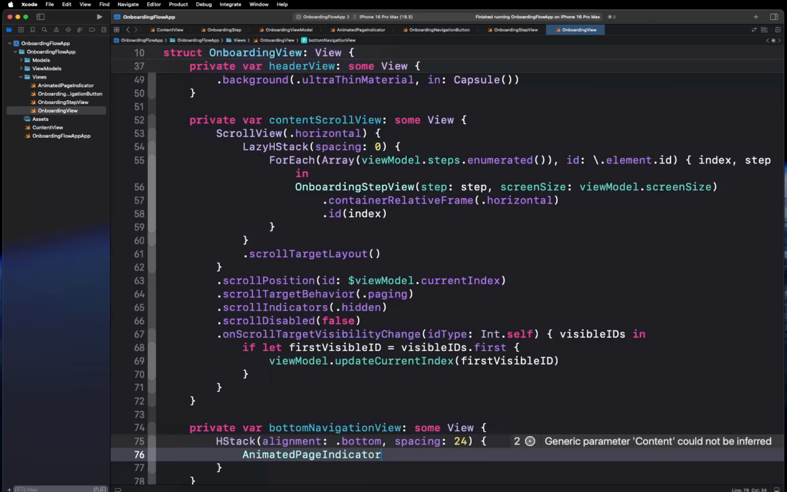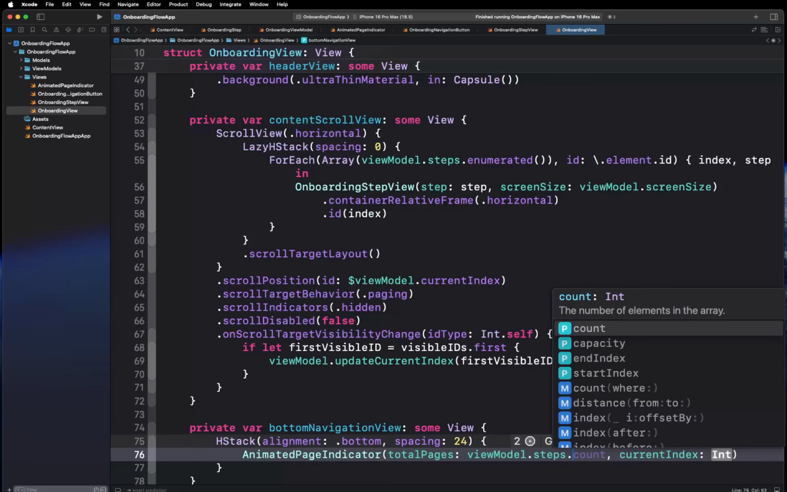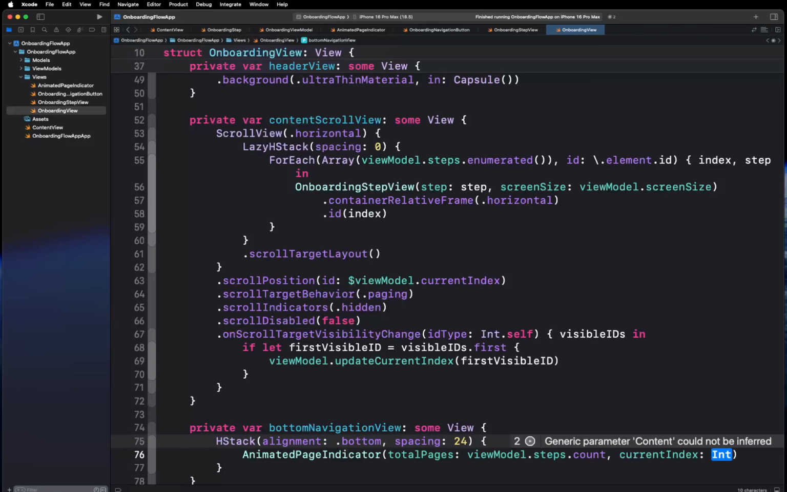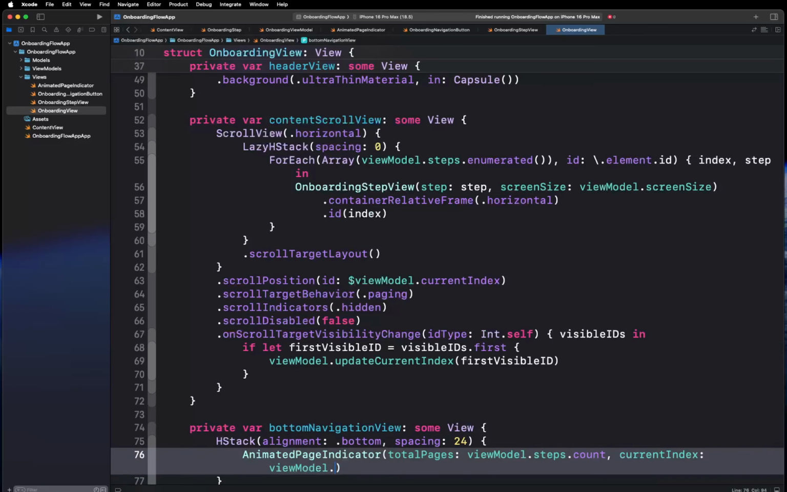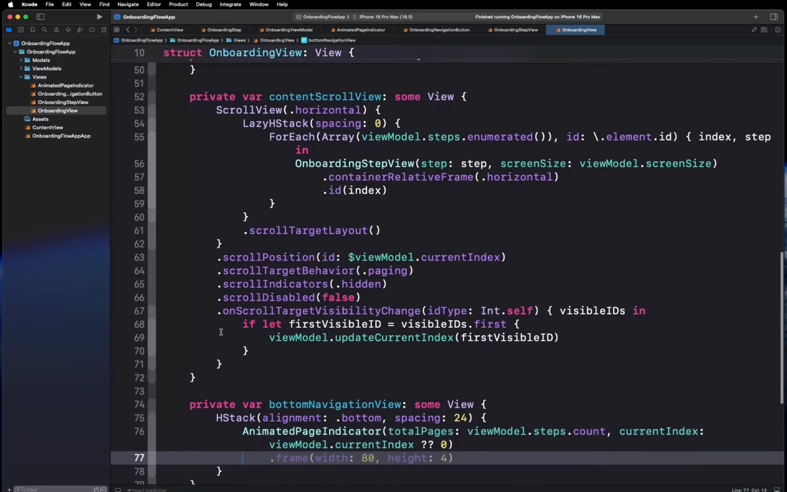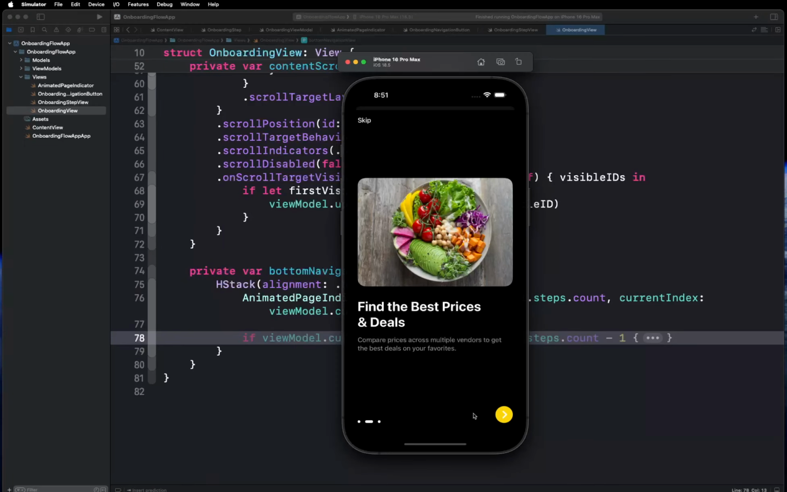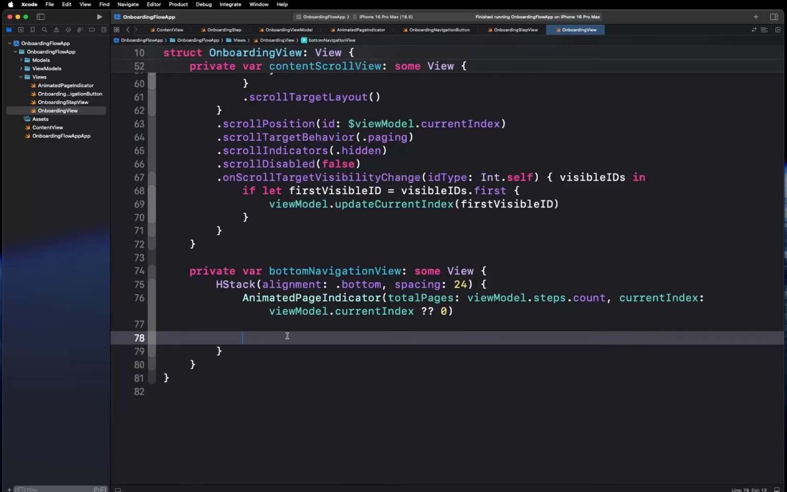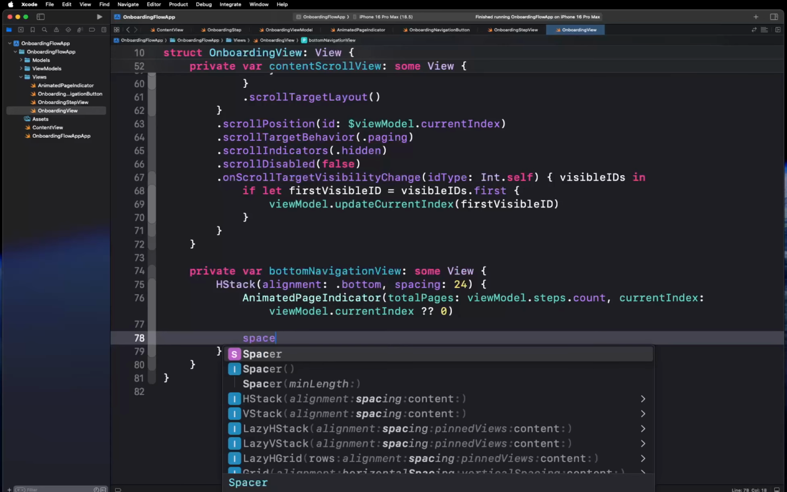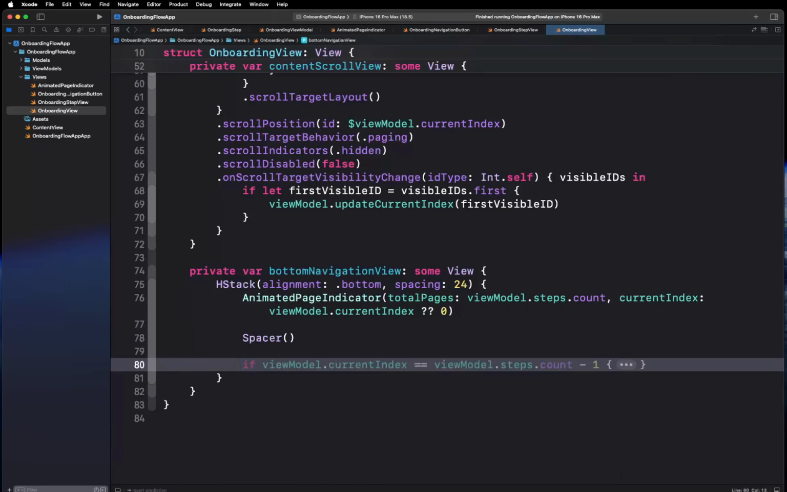and then we're going to display our animated page indicator. Now this takes two parameters: total pages, which we're going to get from the view model, and the current index. The current index is going to come from viewModel.currentIndex. If it's nil, then it'll be set to 0. Underneath or on the side of the animated page indicator is where we show our navigation button. This is where Spacer comes in, to fill the rest of the space, and then the onboarding